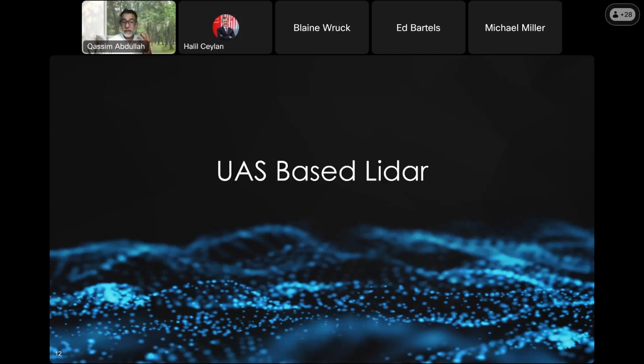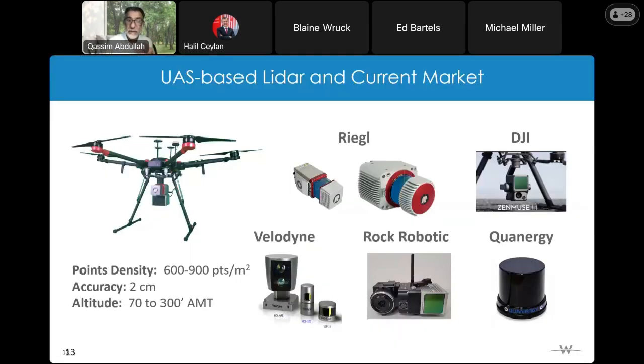Just because, like I said, for a larger project we cannot send a $2 million LiDAR. When it comes to smaller projects, our client cannot afford to pay us for a manned aircraft and LiDAR, versus UAS-based LiDAR. So we always shied away from very small projects. Now there is a good offering in the market. You have the Cadillac, and the drones